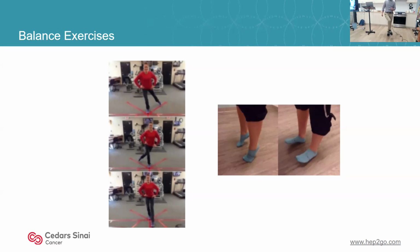This is not easy, so do this unless you're totally confident that you can. And then you would go on the other side and again, do it every way: forward, backward, side to side, and then this way and that way. And then another way you can do this, if you're looking for a different kind of challenge, you can, instead